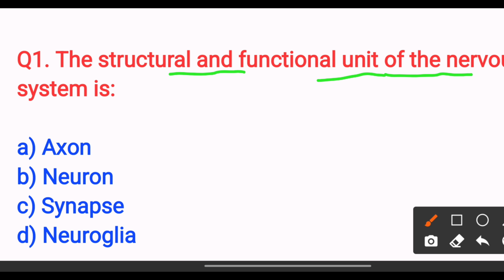It's responsible for receiving, processing and transferring nerve impulses. Something is received through the neuron, then it is processed, and then it is transferred. So the answer is option B, neuron. Next,